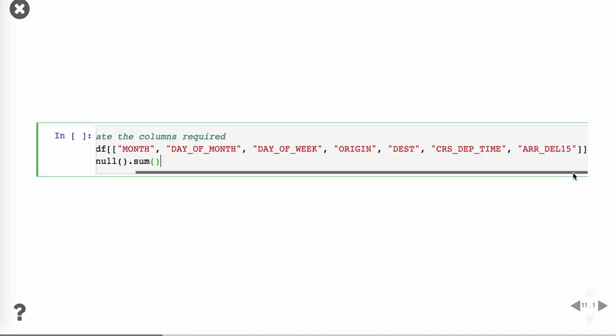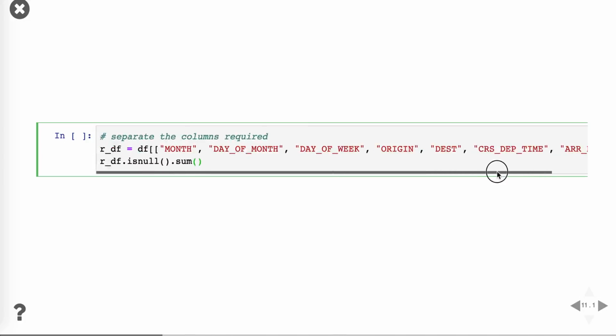We don't need any other extra information. So I just want to pull out that information and store it in a required df data frame over here. You can carefully notice here: df of, and inside that I created another list, and inside the list I gave all the column names I wanted to pull out.